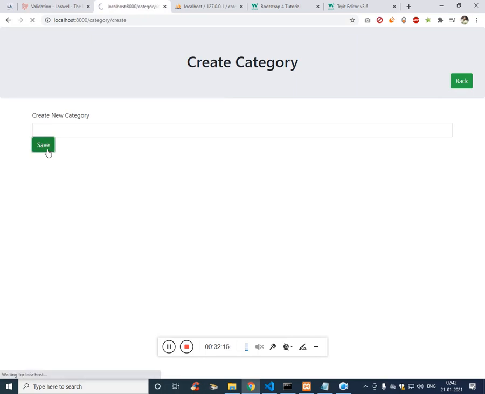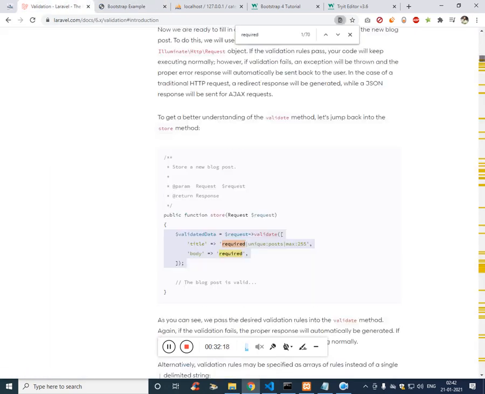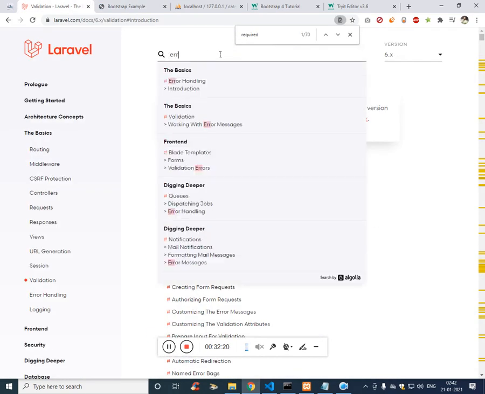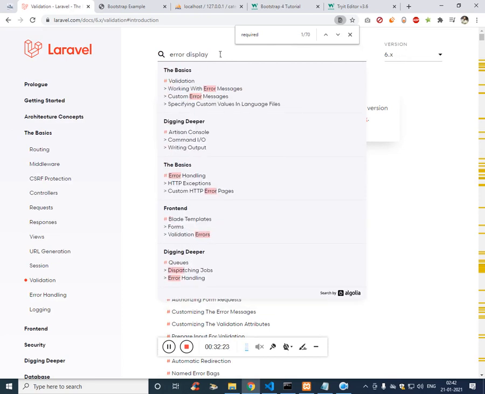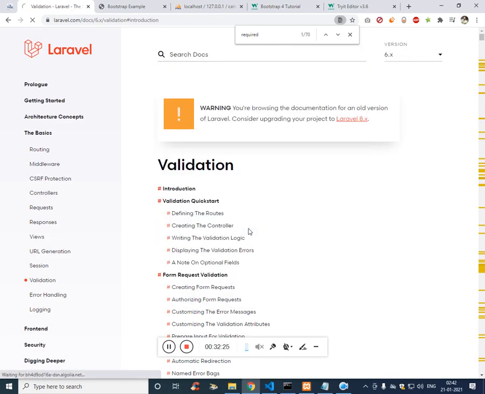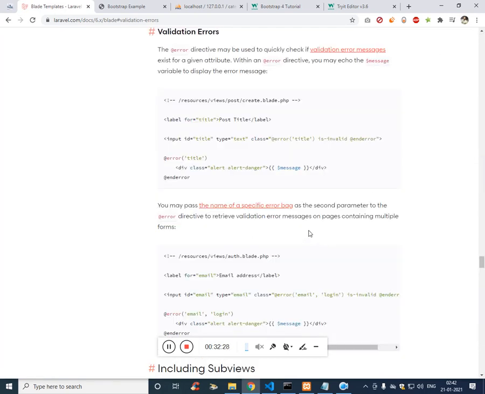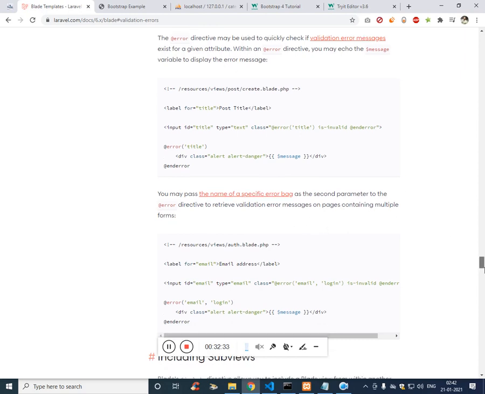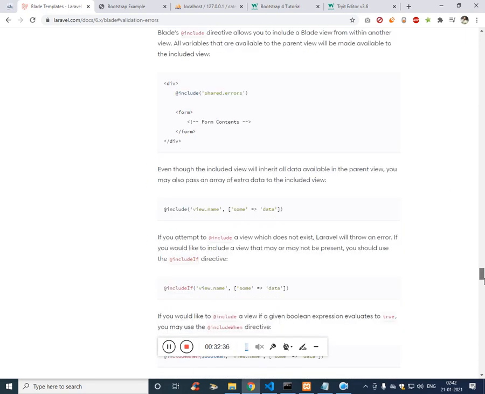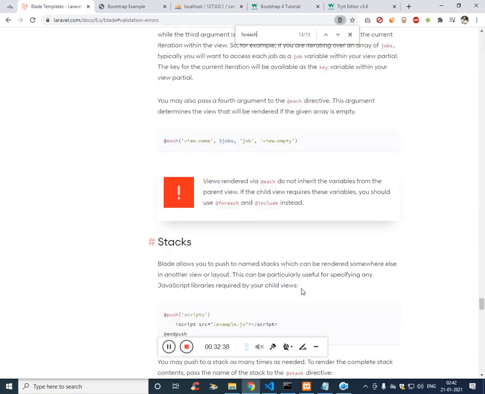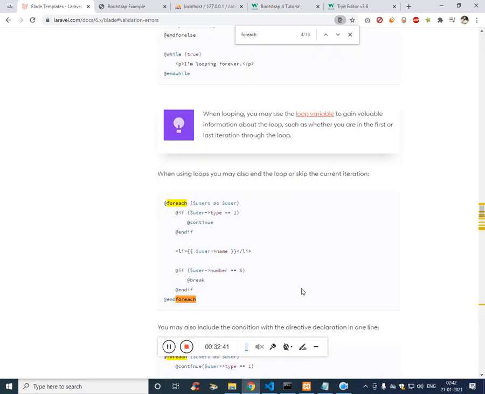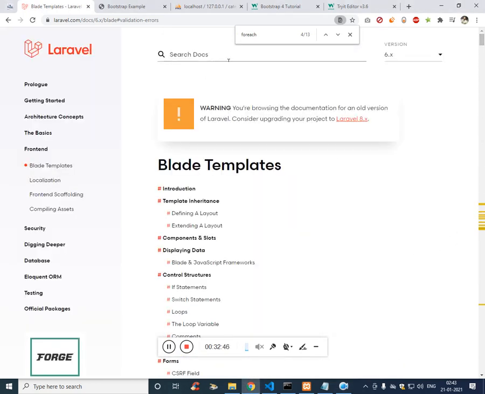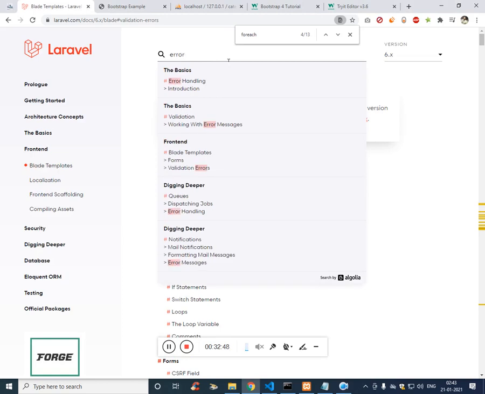So we want to show the message as well. To show the message, just search for error display, and now you could see there would be some example. Working with error messages.